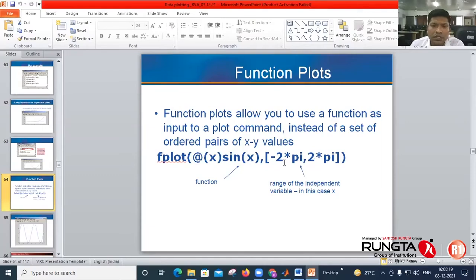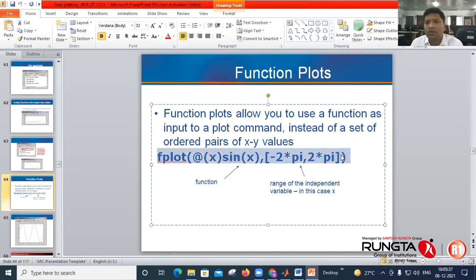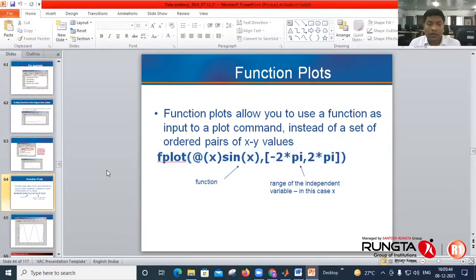So this is the syntax. The function is sine x, my variable is x, which ranges from -2 pi to 2 pi. With this also you can directly plot the function in MATLAB, and it will generate the plot for it. For that you have to type fplot; fplot is the command.